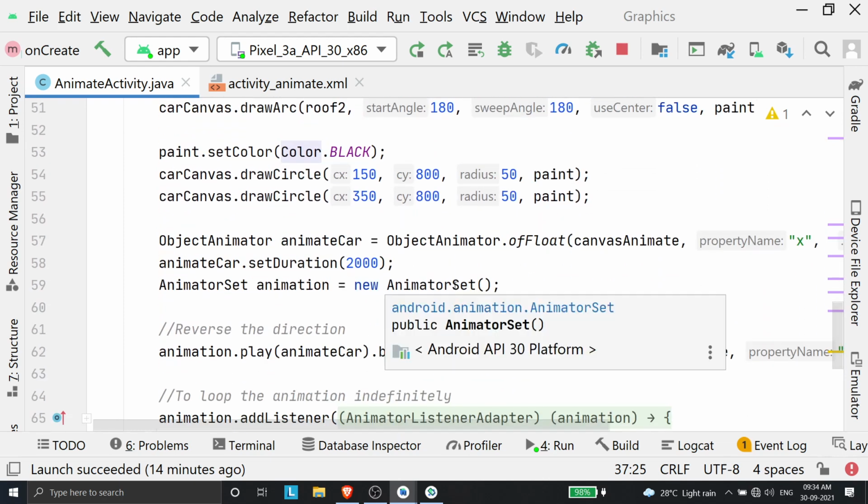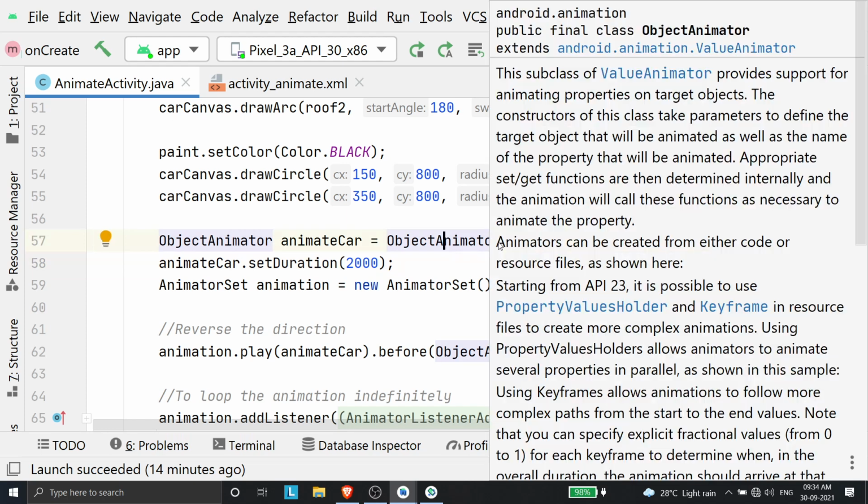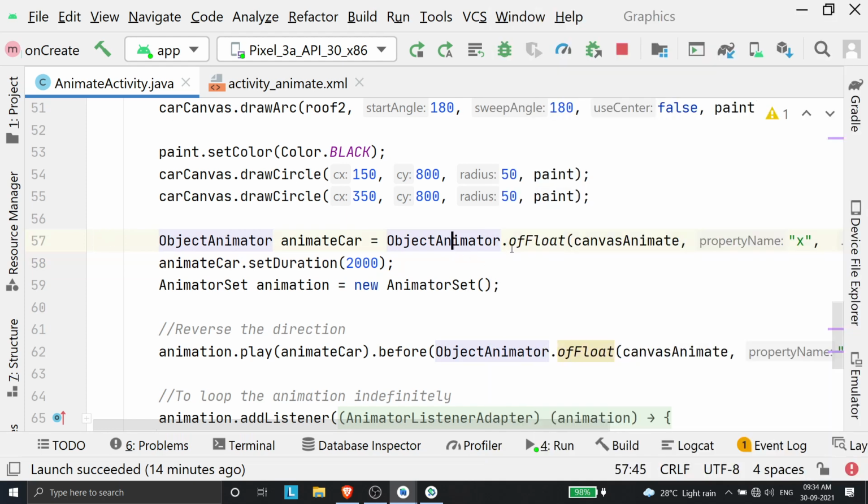So for the next part, we need to animate this object. The car needs to move from left to right, or basically right to left, or whatever. The animation that I have done is the car moves from right to left, and then it comes back from left to right. So this will keep on repeating. And that's the animation that I have specified over here. Here I'm not using any XML. I'm just specifying everything in Java.